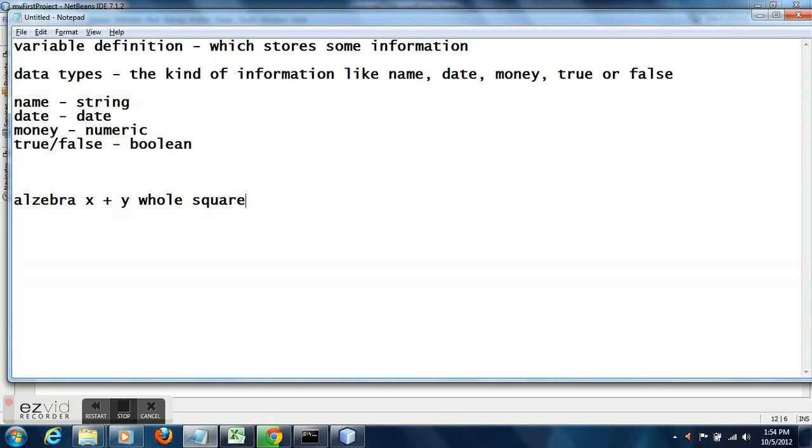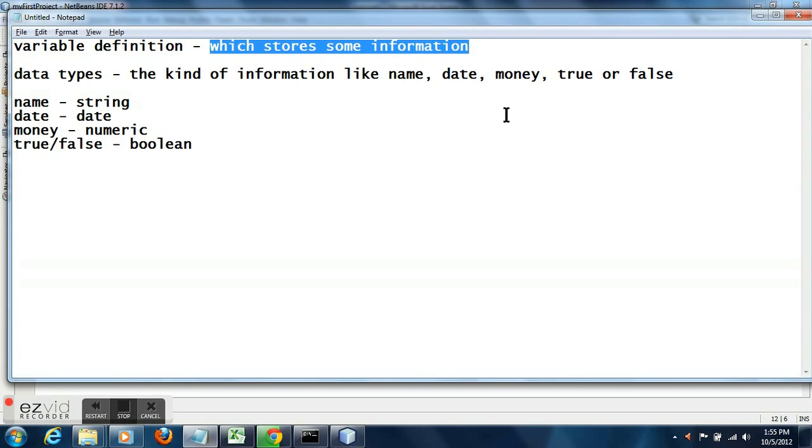Okay, so by definition, a variable is something which stores information. There are different types of information. For example, an information can be about the name of a person, or the date of birth of a person.